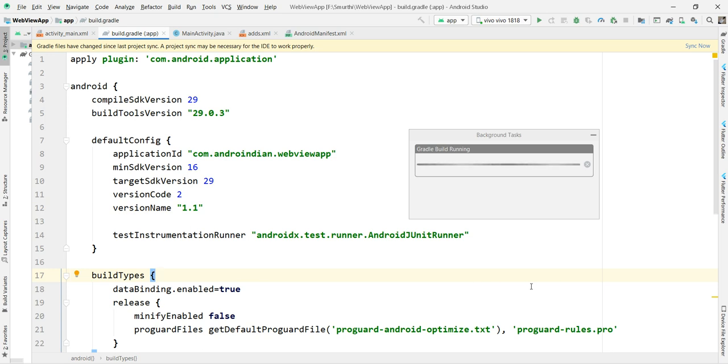It may take 1 more minute to finish. Afterwards we can create a new updated APK. That may take a little less time, because only the first creation of the APK takes more time. From the second time onwards it takes very little time to create APKs.